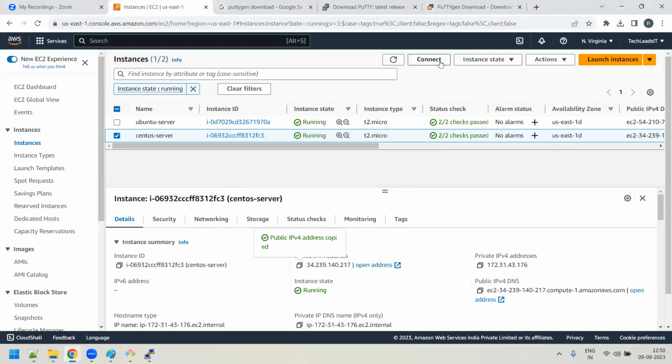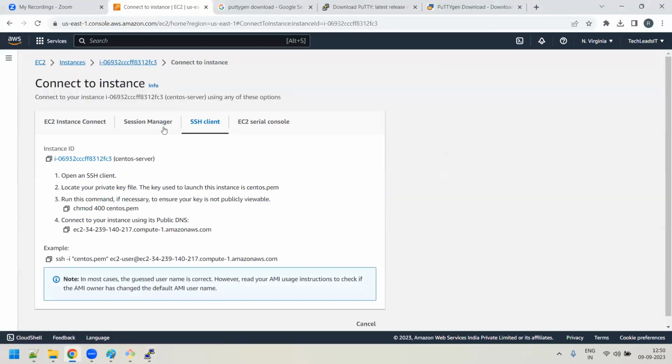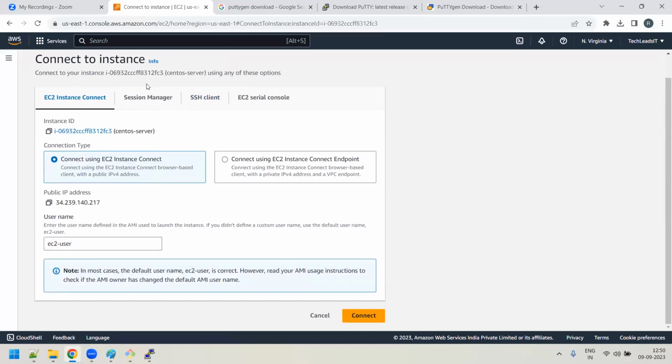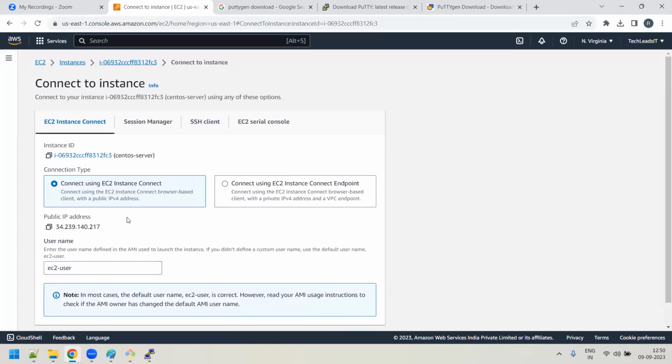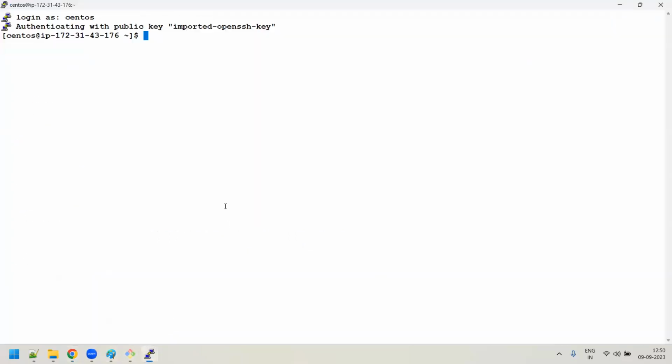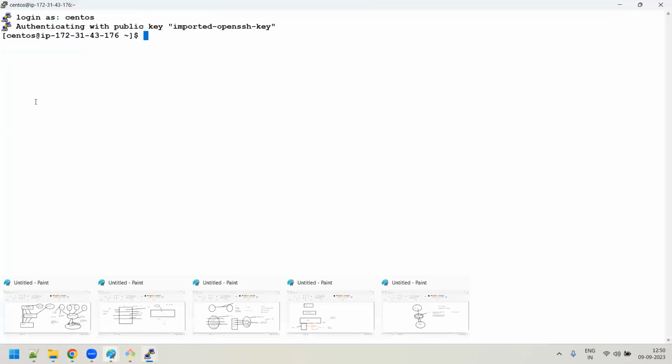How come it's showing here as the client as EC2-user? Here also it's showing as EC2-user. Enter the name defined in the AMI. You are trying to log in as the root user, that's why it's not able to log in. No, I was logged in as EC2 user only. You saw, right? I gave EC2-user. Okay, fine. Anyhow, thank you. I think you have to use CentOS as the user. Yeah, you'll be able to log in.